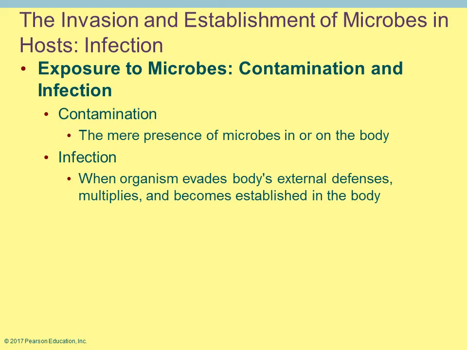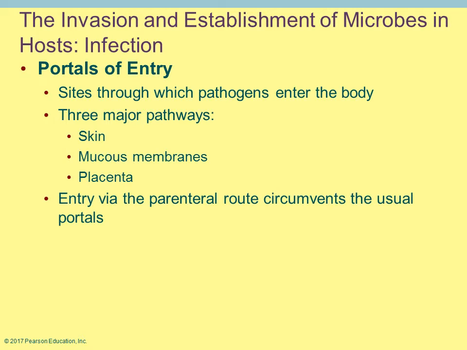Your immune system, which is there to help protect you against foreign substances, tries to combat any microorganisms when they are able to infect you. During an infection, the microorganism is trying to elude or evade the cells associated with your immune system, which we will talk about later. So how do the microorganisms, which are pathogenic, how do they get in to the body? It's what we call the portals of entry. It's 3 main ways: through the skin, mucous membranes, and placenta.